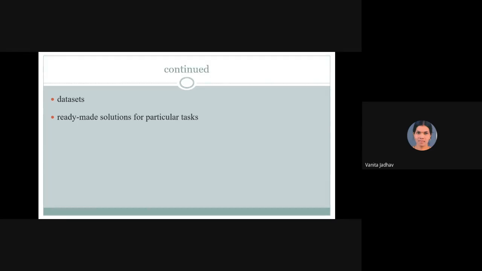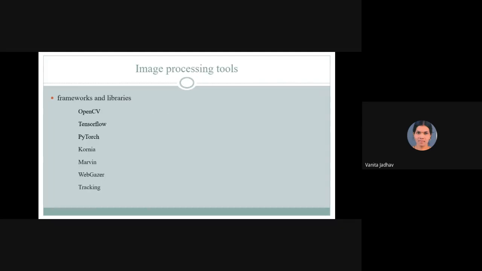frameworks and libraries. First one is OpenCV. OpenCV is an open source computer vision library framework used in image processing. It is designed to be well optimized for real-time computer vision applications. There are some functionalities of OpenCV: it has simple basic data structures, it uses image processing algorithms, it detects the human face, and input and output of images and videos are allowed in OpenCV.